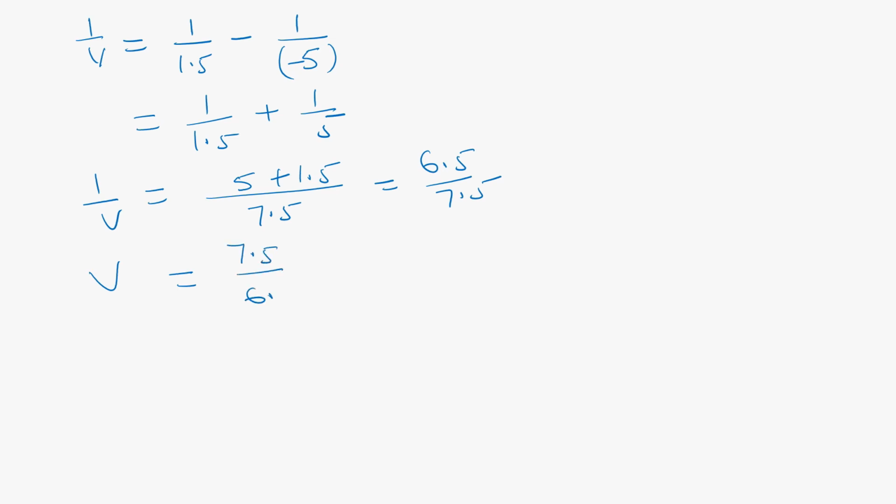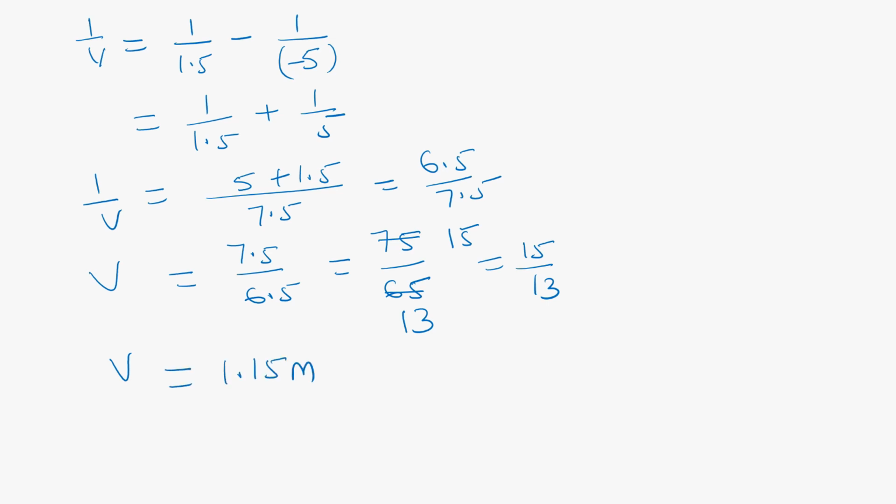by 6.5. Here taking a decimal representation, 75 by 65. Now taking cancellation, 5 1 ja 5, here 5 3 ja 15, here 5 1 ja 5, 5 5 ja 25. So 15 by 13. After division we are getting 1.15 meters. So the image is virtual